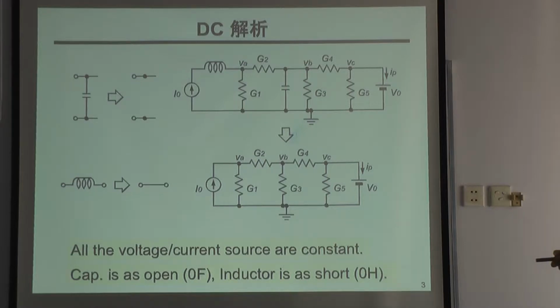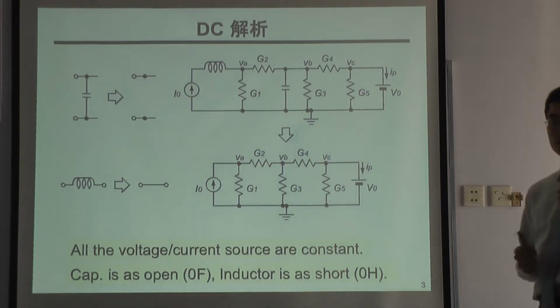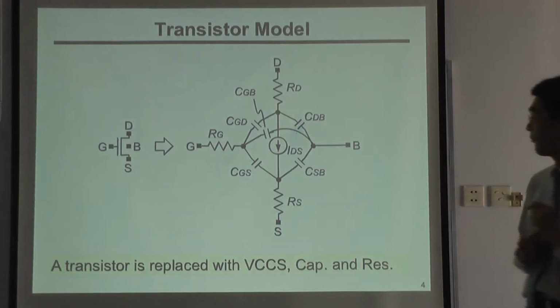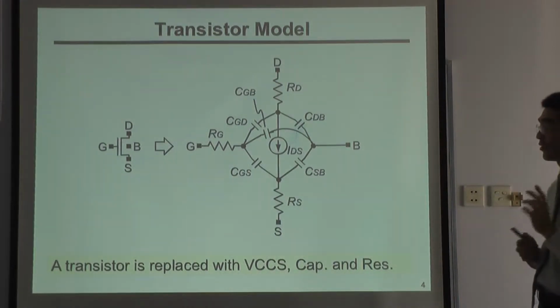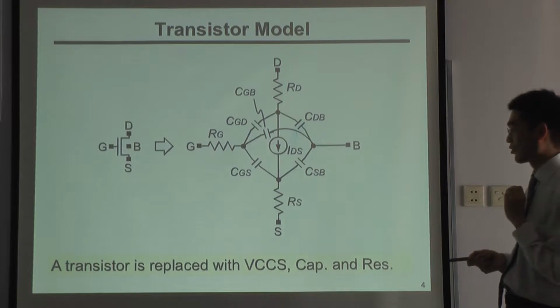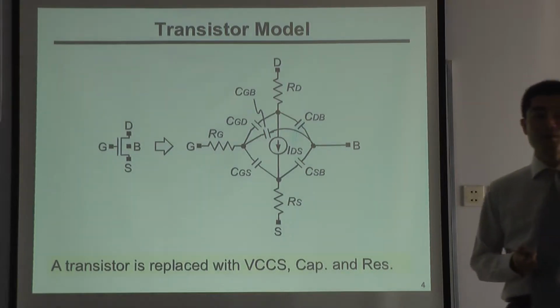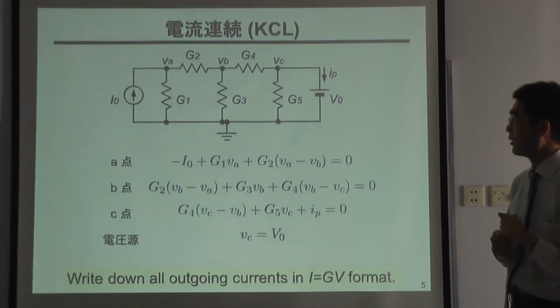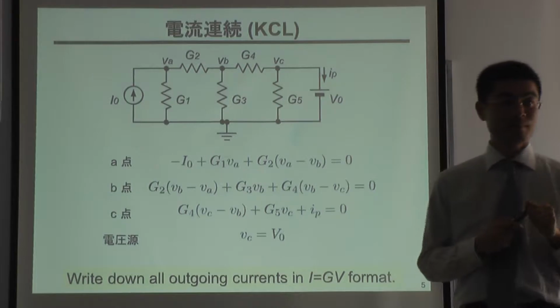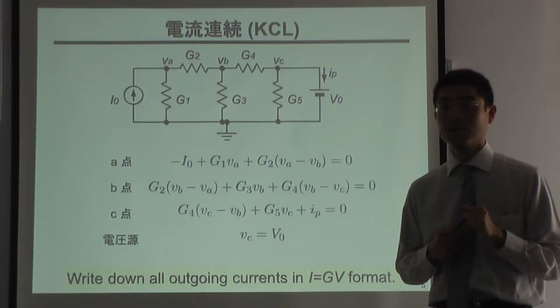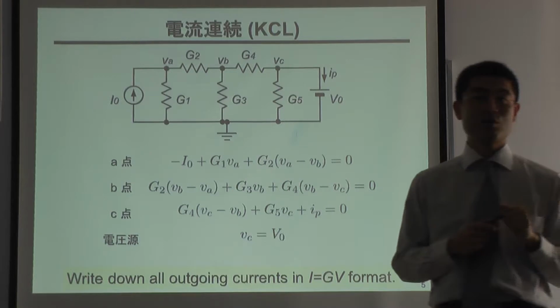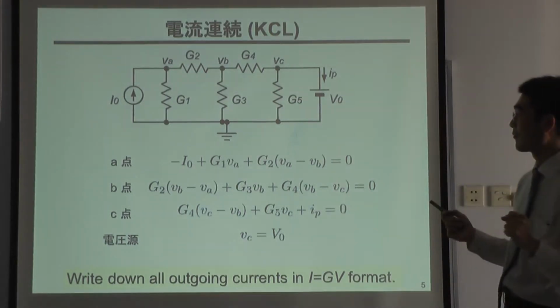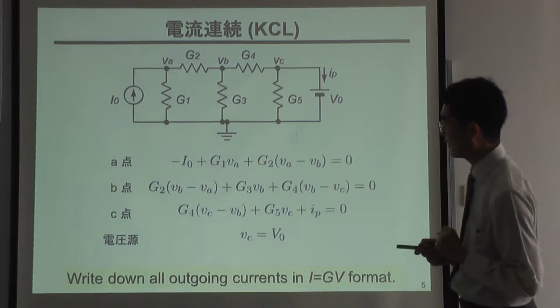Because this is DC, all the voltage and current sources are constant, the capacitance is open and the inductor is short. And the transistor is replaced with a voltage-controlled current source, capacitance and resistance, but we can ignore the capacitance. First we want to understand how a SPICE simulator simulates. So in this case,